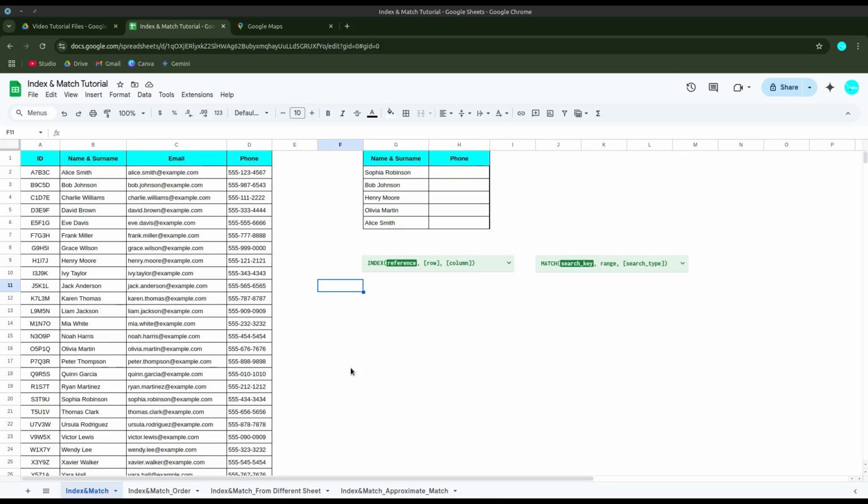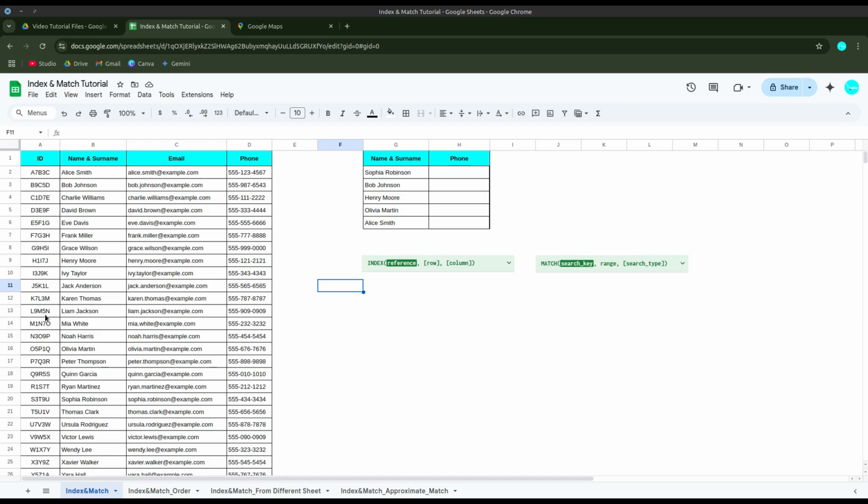Today we are going to cover an alternative to VLOOKUP function, which are index and match functions. These functions are used as a combination to extract data from a table or a dataset. What the index function does is, when you give the coordinates of a search key, it can find and extract that data. For example,